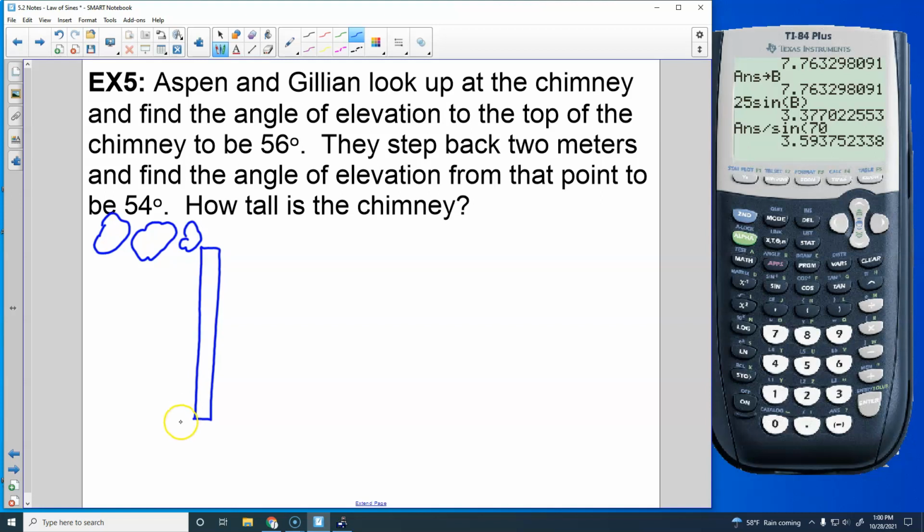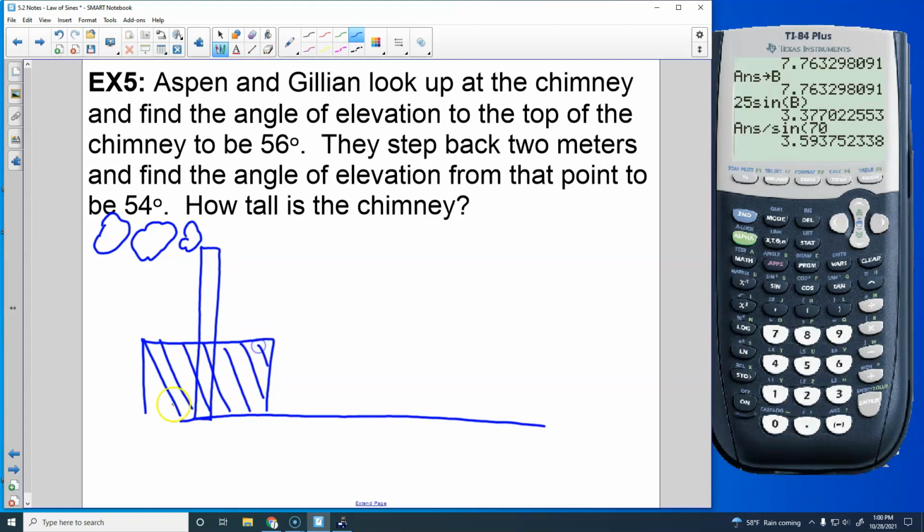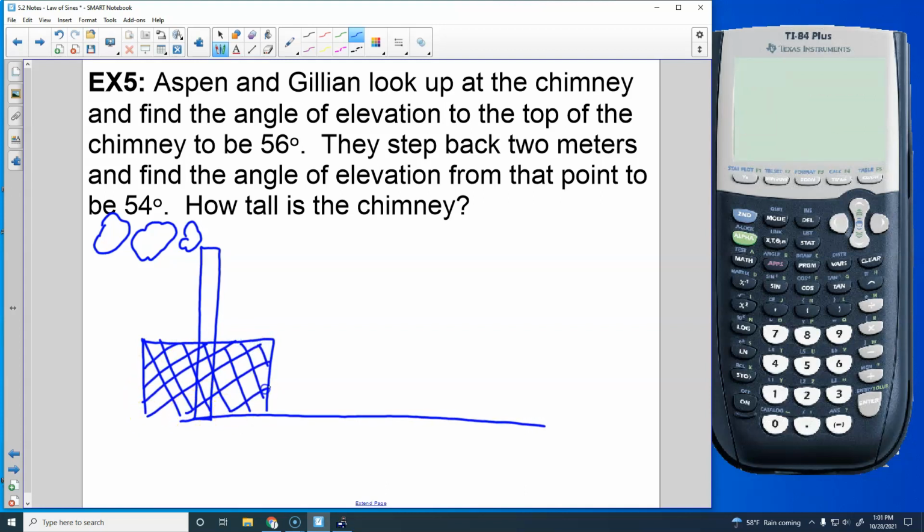So we've got our ground here, but our problem is around this chimney, there is a chain link fence. And unless you do, like one of my classes did one time and went and found Aileen and got her to unlock the fence for them so they could just measure all the way to the base of the chimney, you can't measure to the base of this chimney, right? So, you could measure to the edge of the fence,